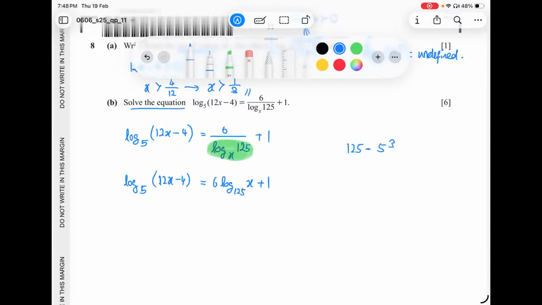So there we have that. And now we need to make sure that it is in the same base. So we know that log 5 of 12x minus 4 is going to be